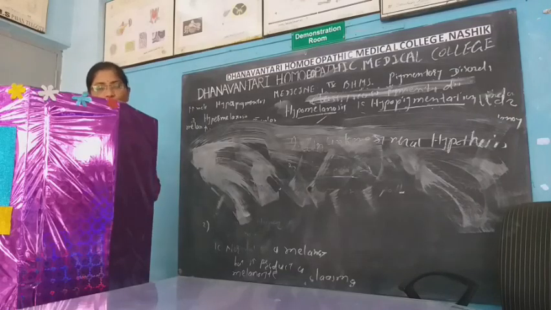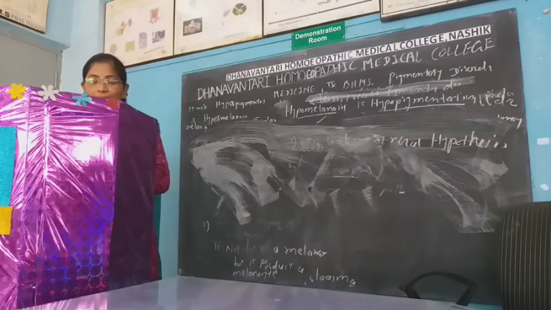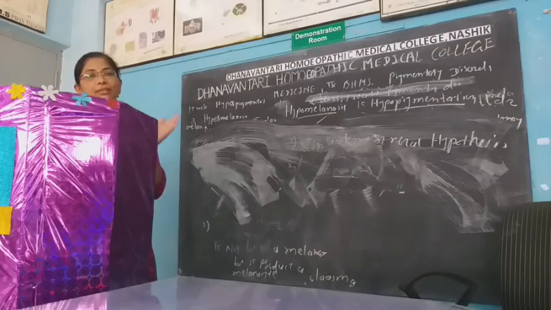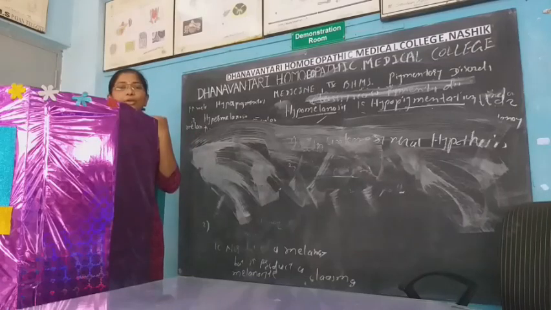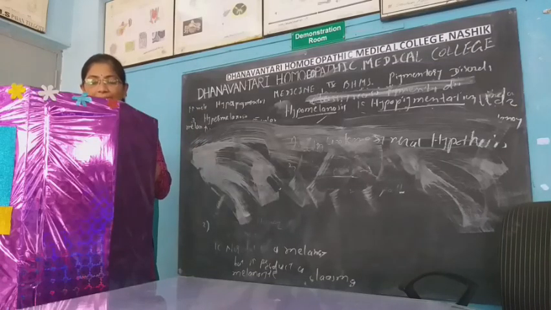Now generalized vitiligo. Generalized vitiligo is symmetrical and involves the wrist, knee, neck and area around the body orifices. Generalized vitiligo is always symmetrical, meaning present on both sides of the body. It mostly involves the wrist, joints, neck, knee, and the area around the orifices, maybe around the mouth, the nose and the anal region. Orifices are most commonly affected, and it is present on both sides of the body, meaning a symmetrical presentation. This is the generalized type of vitiligo.